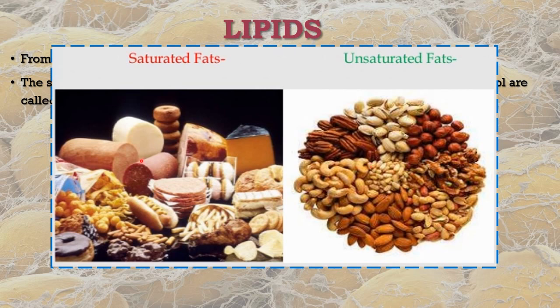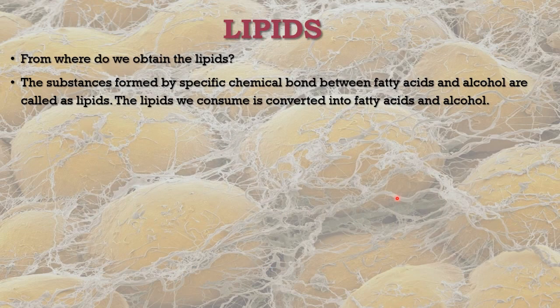The reason is the saturated fats, as they are thinner, will find their way to enter the blood cells and will start depositing inside the blood cells. So it is very harmful, as there are chances that they will restrict the blood flow. Whereas unsaturated fatty acids, as they are thicker in size, cannot do that. So it is always advised to increase unsaturated fats in the food rather than saturated fats.